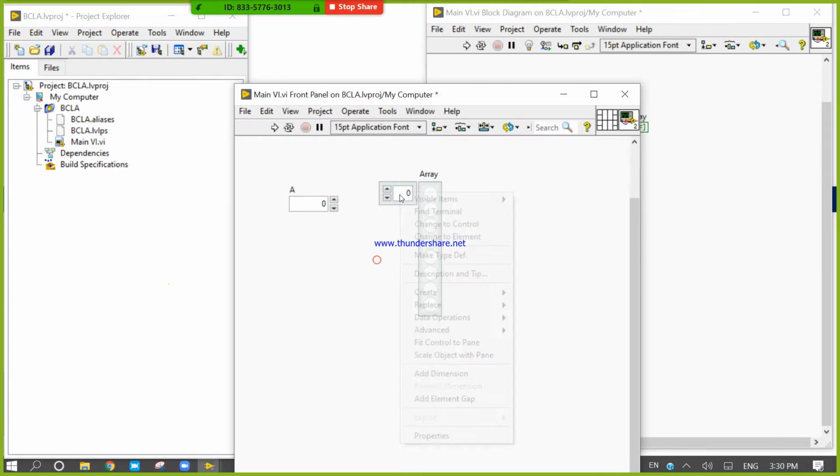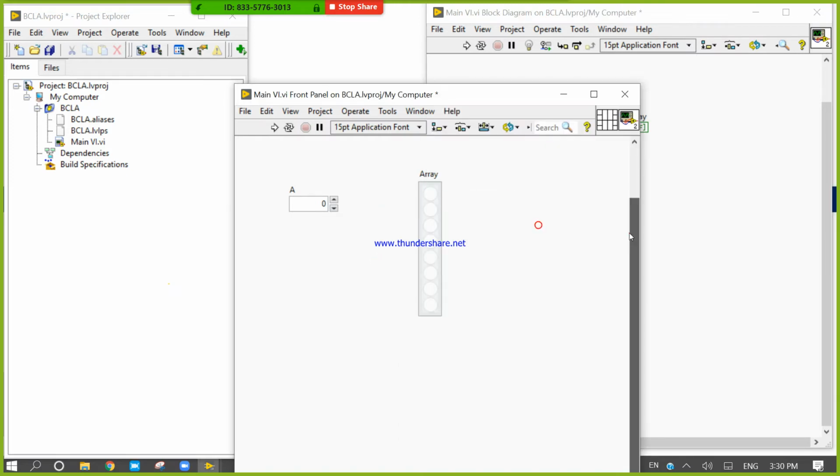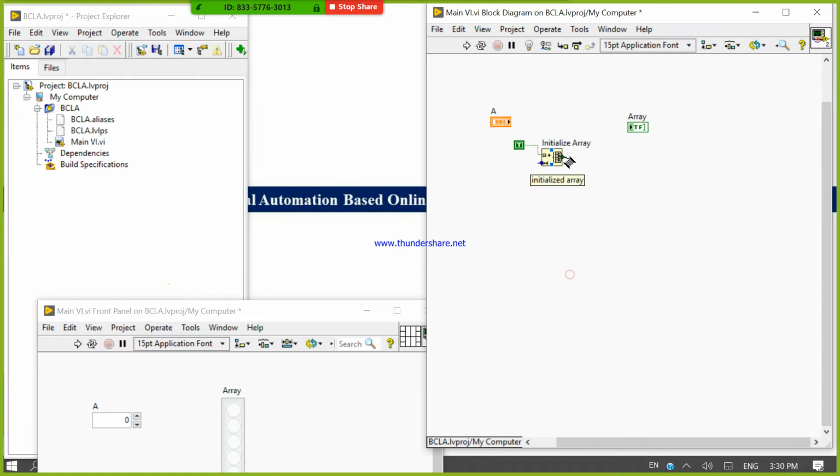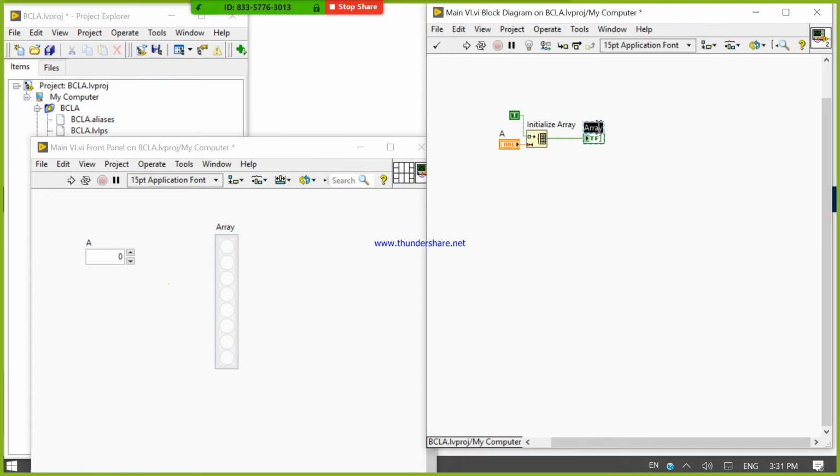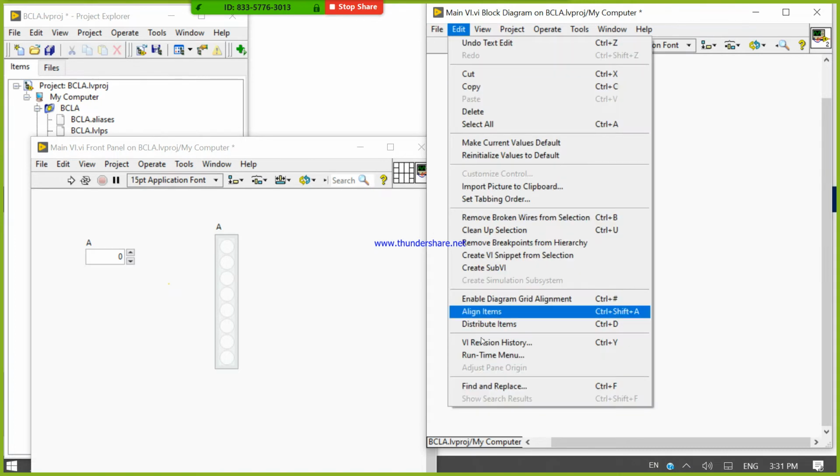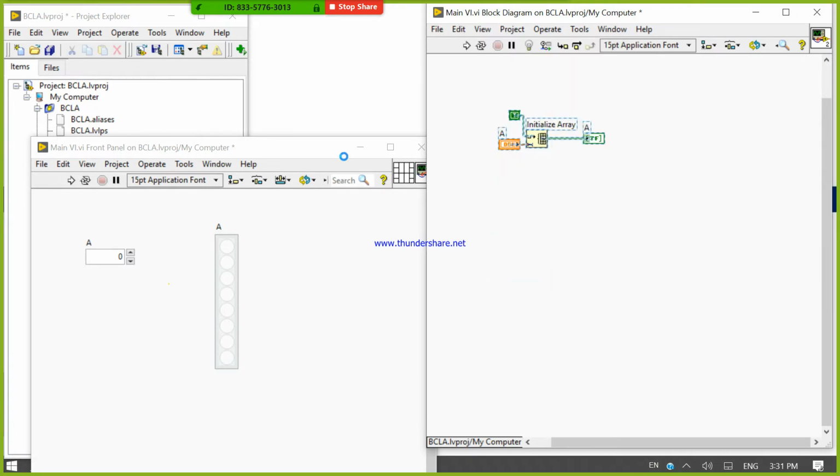Sorry, right click. Select all, Control A, Control U, select all, change the name to capital A, select all, come to the edit menu, create sub VI.